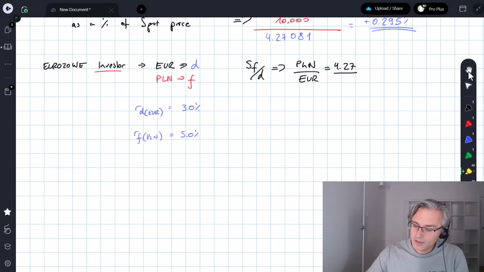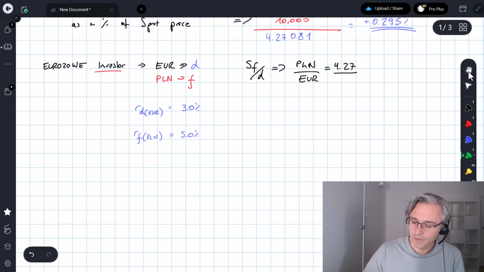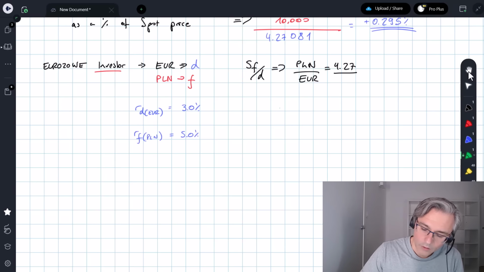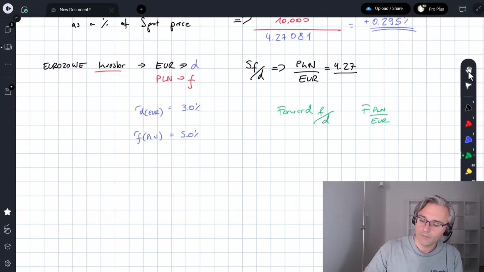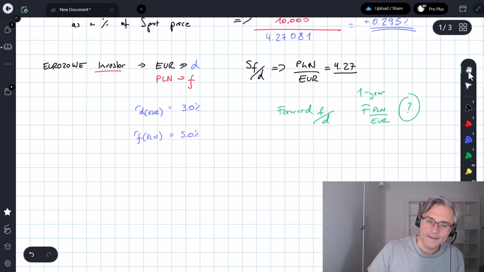And my question is going to be, and this is a question you may very well get in the exam, what is the forward rate between the F and the D? So the forward rate for the Polish zloty against the euro, let's say, 1 year out into the future, the 1 year or 12-month forward rate. Okay, now,